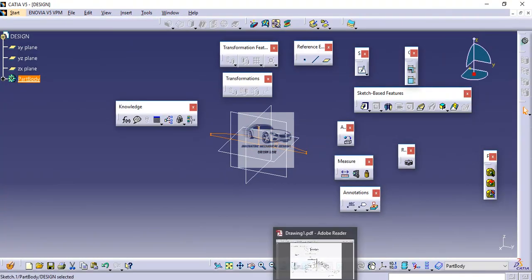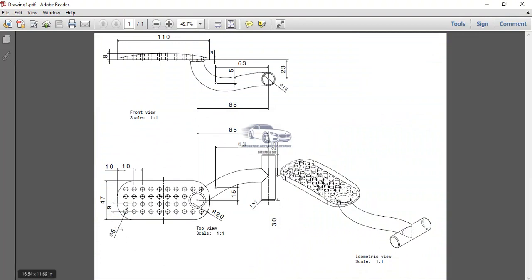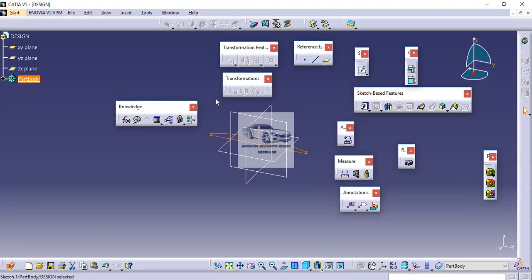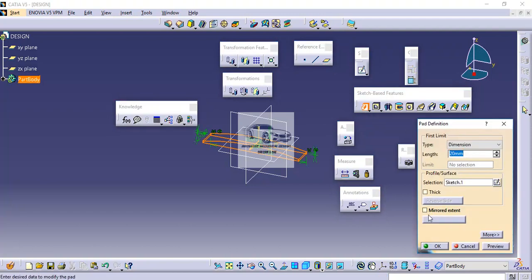Now this sketch has to be extruded up to a total depth of 47. Again, I would like to make the extrusion in the center. I want to add the material in equal amounts on both sides of the plane.